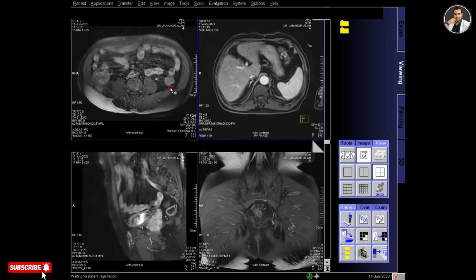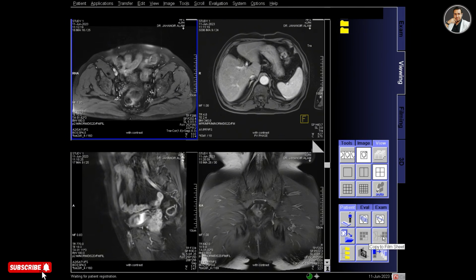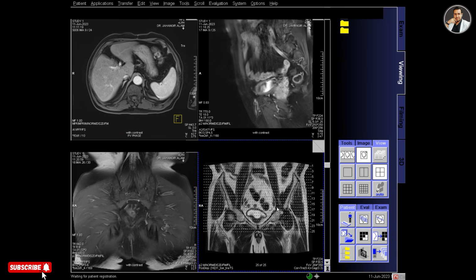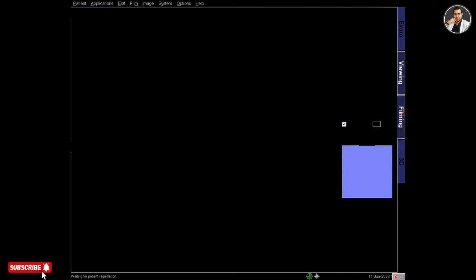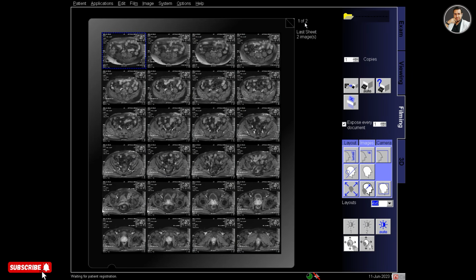And now I just have to print the lower abdomen. At first I take the T1 transverse fat set lower abdomen, select the series, send it to the filming, also send the reference image, and change the layout to 4:6.